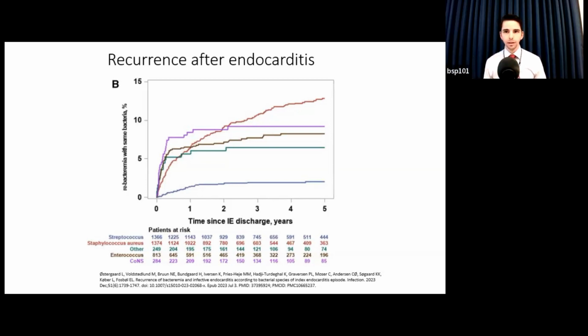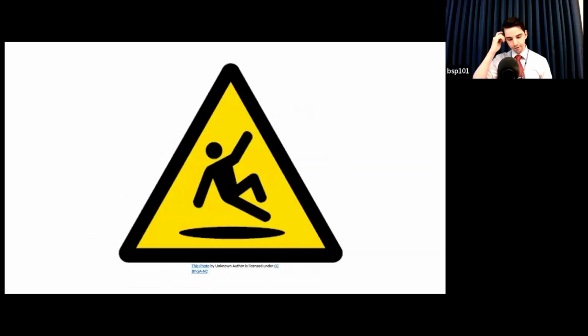A lot of caveats probably in this paper. Not all cases are relapses, some are reinfections, but there's something about Staph aureus that raises a patient's risk of bacteremia in the future much more than other bacteria. Yes. And like people who had this, they were treated. So they would have been like bombed with antibiotics, theoretically cleared, and they're recurring later.